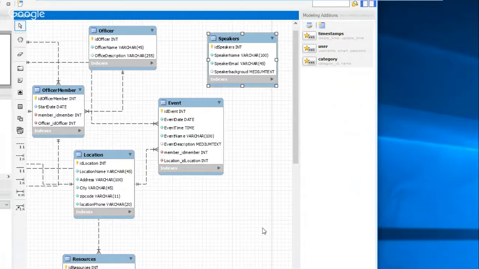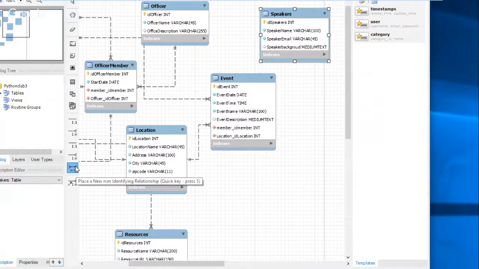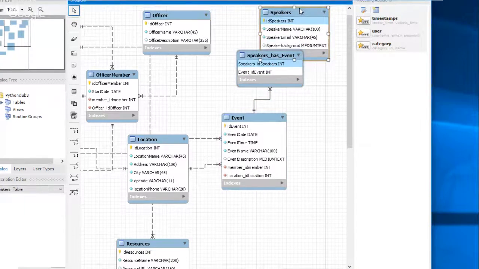Now, here's the thing with speakers. An event could have multiple speakers, right? And each speaker could speak at multiple events. So I would do a linking table between those. A couple of things that are kind of interesting. There is a many-to-many connector here. And although I'm going to do a many-to-many between these, notice what it does. It creates a linking table,